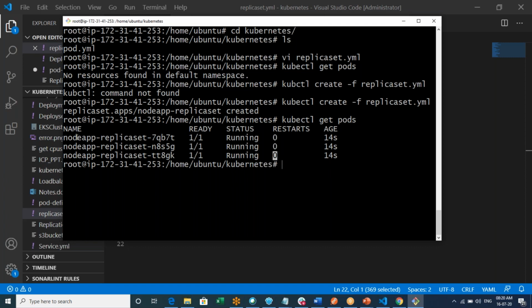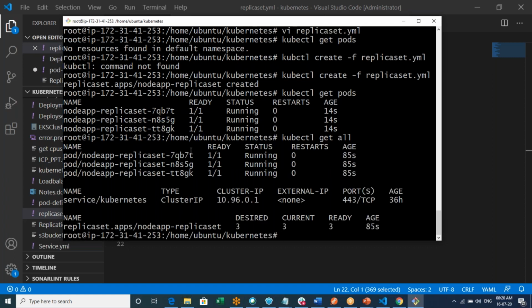Fine. So anyway, node app, and I think someone was asking whether it contains the same name. No, it is not the same name. If you can verify, this is a different name, correct. Now I am saying kubectl get all.